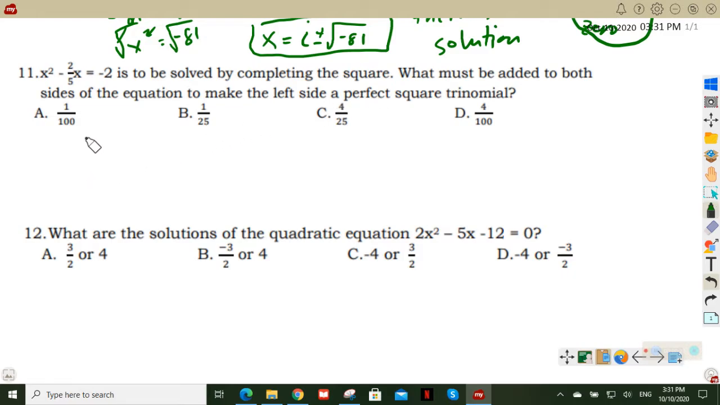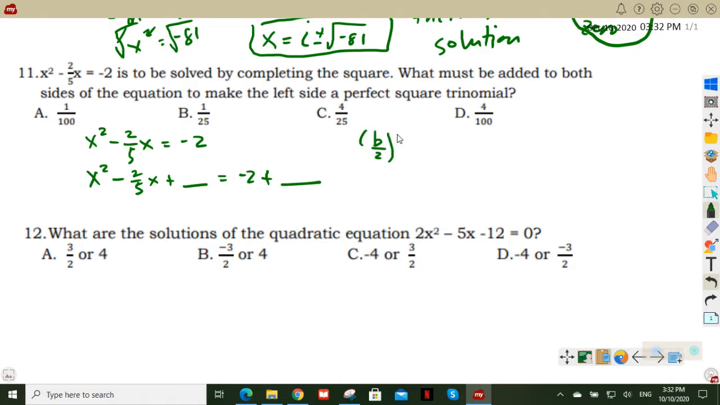So this is the given. You have x squared minus 2/5 x is equal to negative 2. So what will be the number that we have to add to complete the perfect square trinomial? So you have negative 2/5 x, so plus blank is equal to negative 2 plus blank. So remember, when we solve for the number that you have to add here to make it a perfect square trinomial, that is b